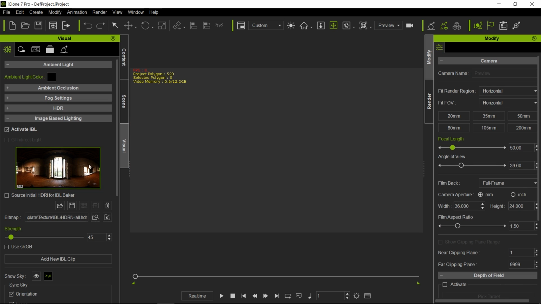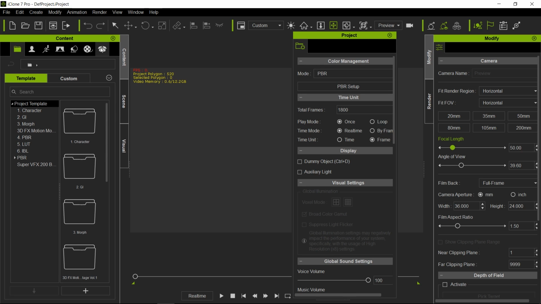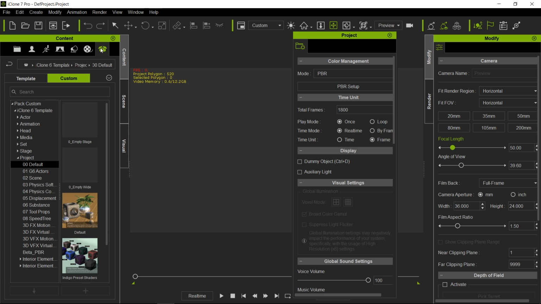project scene, you are already in what is called PBR mode. However, as soon as you bring content from a previous version of iClone, and by the way, I don't know if you're familiar or not, but if you click on the package tab and go to custom, you can actually have access to all the stuff that you have in iClone 6 in here. So I'm going to go to my default project folder and open this scene over here again so you can